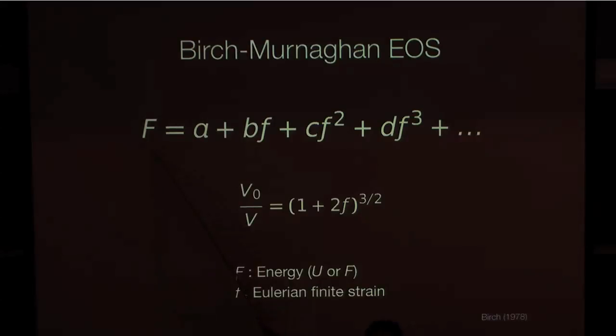It could be internal energy or free energy, any form. It is related to the Eulerian strain, which is little f. And you can see a Taylor expansion of it. If you don't have enough information, this is the first step to do. Eulerian strain is defined this way and related to volume at 1 bar and volume at any arbitrary high pressure. Why Birch came up with this definition, I cannot cover today, but you can find that nicely in